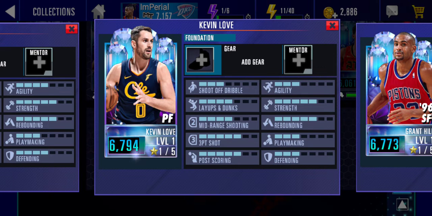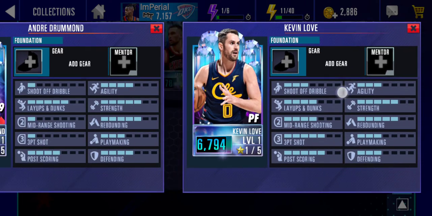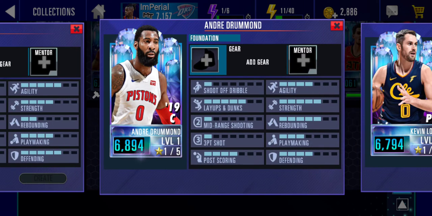And so yeah, we got Kevin Love, all good stats, stats that he's good at. I like how all these cards are mostly looking pretty realistic to the player's actual attributes. But then we got Andre Drummond, who is the highest. Well, obviously it's the highest tier Andre Drummond card, but we haven't really had that many Andre Drummond cards. We had like the